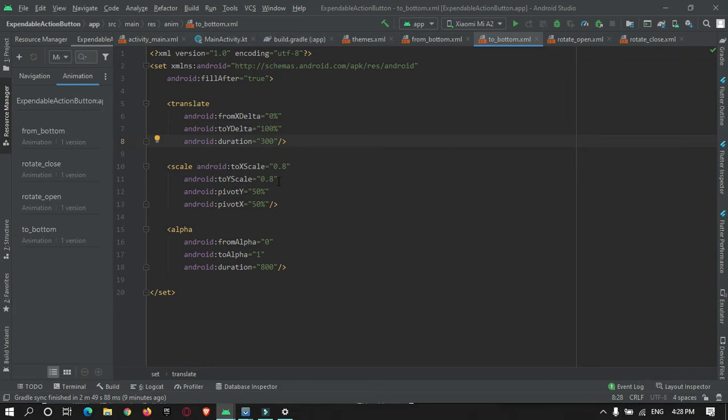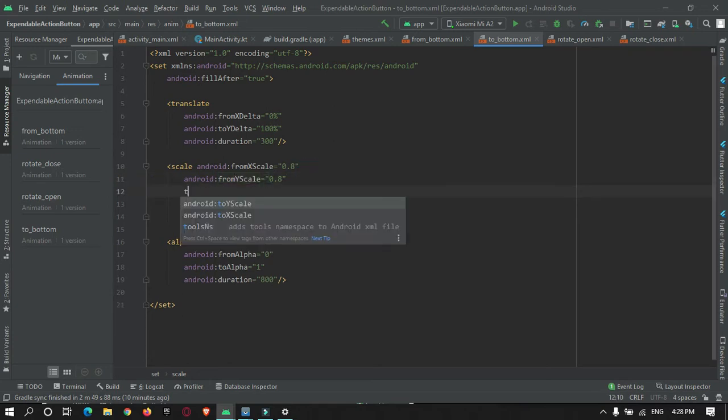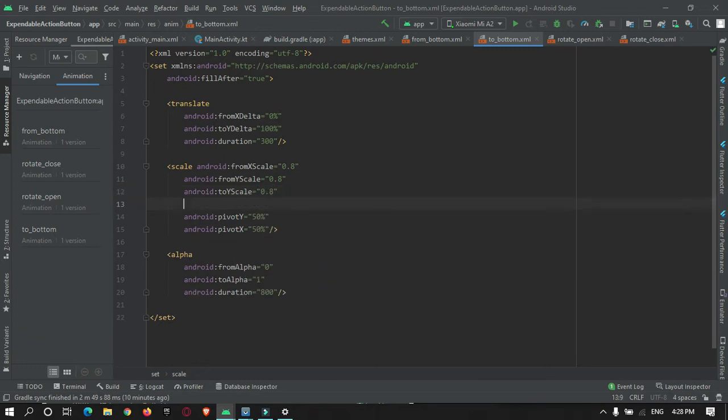The duration will be the same. For scale, you must make it from x scale and from y scale, and the to y scale is 0.2 and the to x scale is 0.8, and the pivot will be the same.